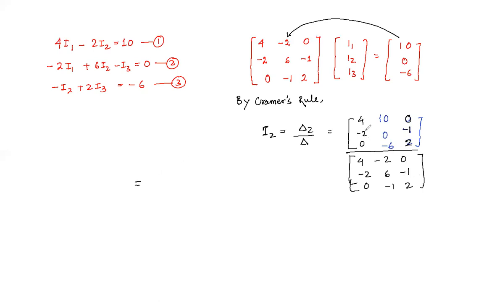Now, if I would like to solve this, it is going to be 4. See, I have to cut like this, and this is going to be 4 into 2 into 0 is 0, minus of plus 6, minus 6. So it will be 4 times minus 6, right? 0 minus of plus 6, that is minus 6. Similarly, the middle one needs to be negative, minus of 10. I have to cut it like this, multiplied with 10, and 2 into minus 2 is minus 4 minus 0. So it is going to be minus 4.